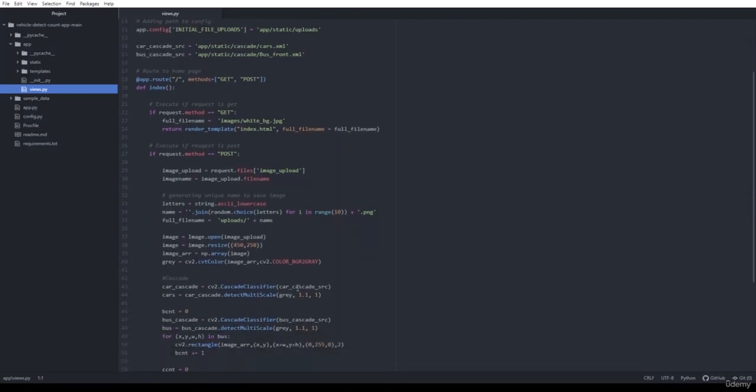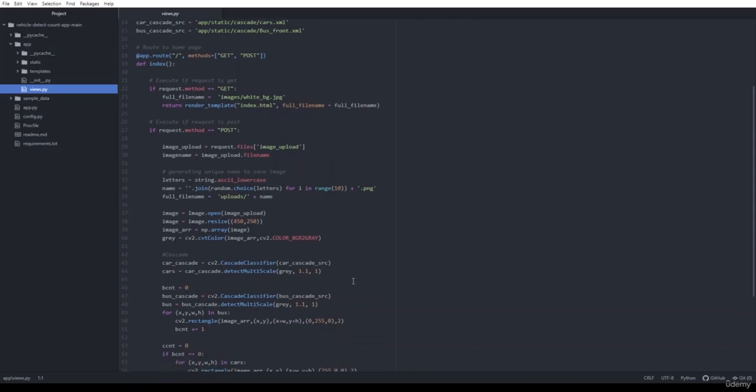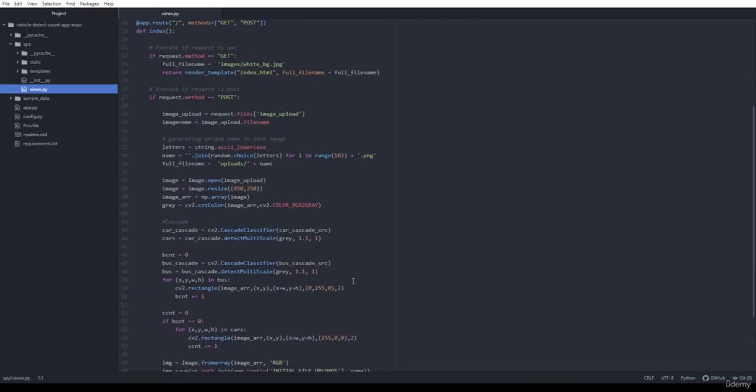After that, you can see that the image will be opened using the Image function of PIL. We will resize it, convert it into a NumPy array, and then convert it into grayscale. All these pre-processing functionalities, we have already done in Google Colab. These are all the same steps as we have performed there.